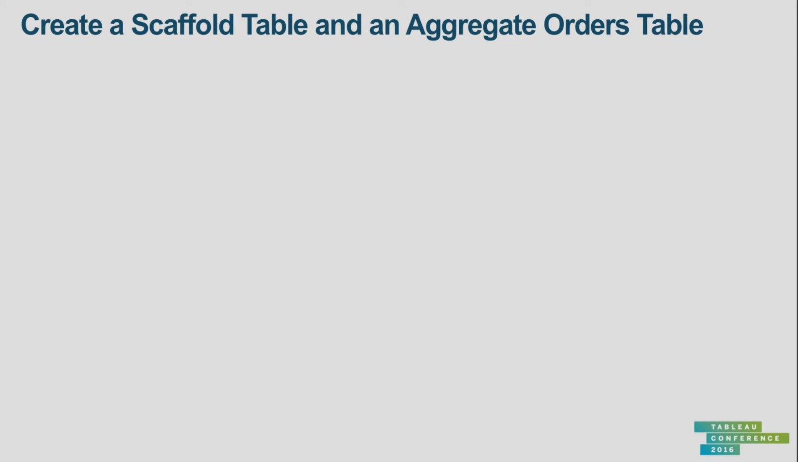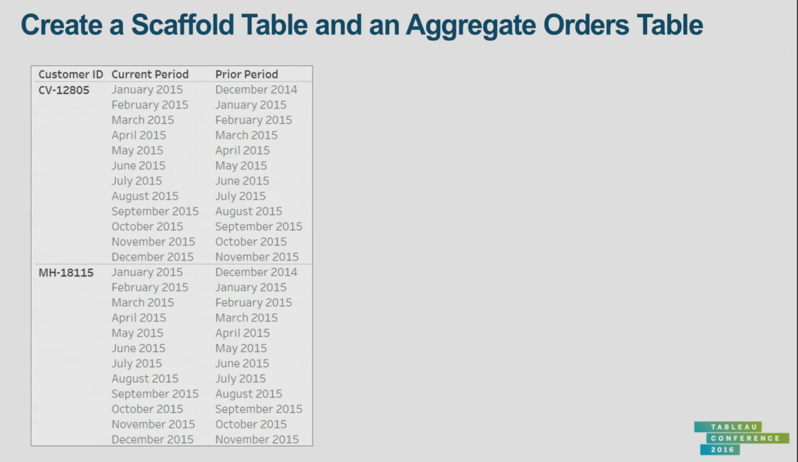Okay, so we want to create what I'm calling a scaffold table. It's a table that has every combination of months and customers. I've also added in a prior period column, because what we learned from example 1 is that it can be very useful to have a prior or next period column in your data source when you want to compare